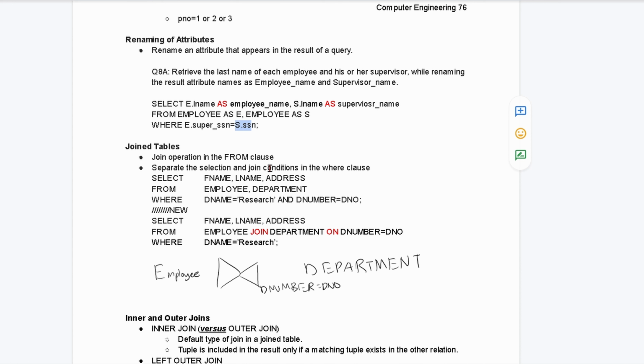Next, we're going to look at joined tables. We have a join operation in the from clause, and then we separate the selection and join conditions in the where clause for this. So let's say for this example, we have our employee and department, and we want to select the first name, last name, and address of it. Well, we'll just put that in our select. This is obviously from our employee and department, and this is where we want it when our department name is research and our department number is equal to department number. This is because we have to join the two together. Otherwise, we can't get these two separate tables. So we're joining them here, and then we're checking to see if our department name is research. If these are both true, they're linked, and it's research, then we just return our employee's first name, last name,